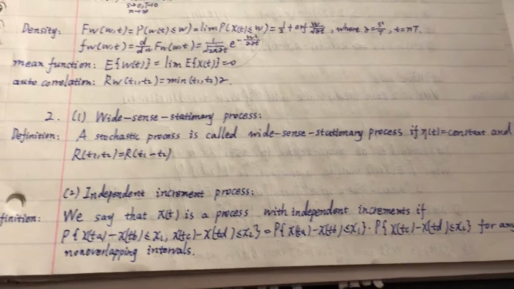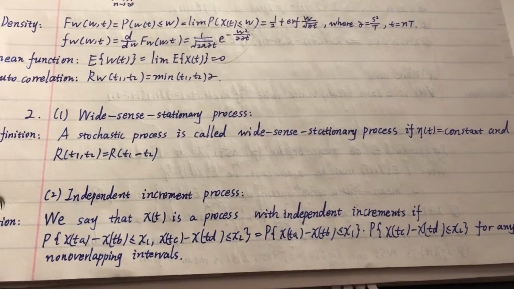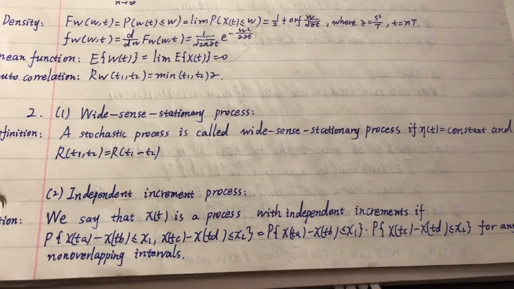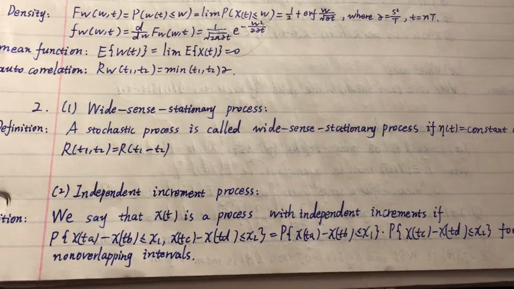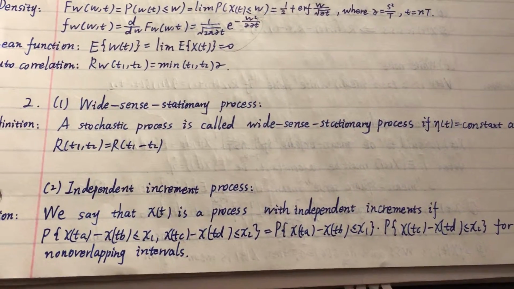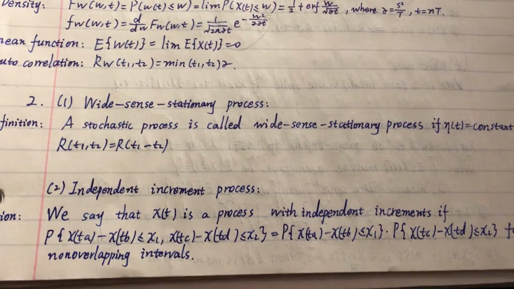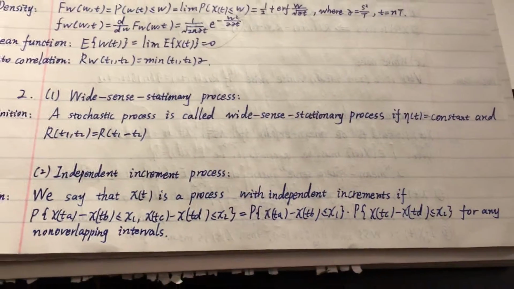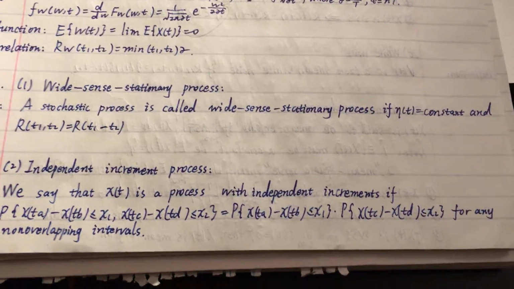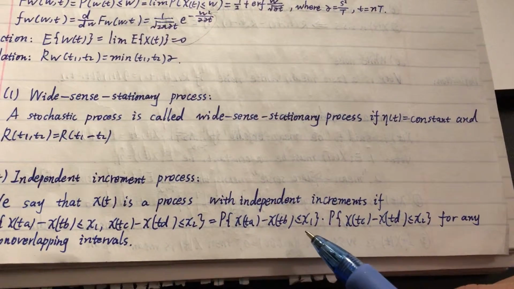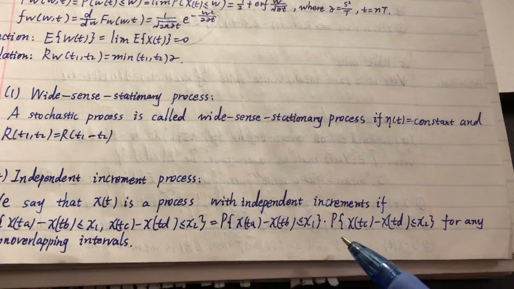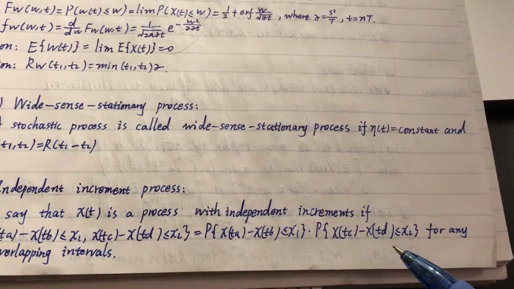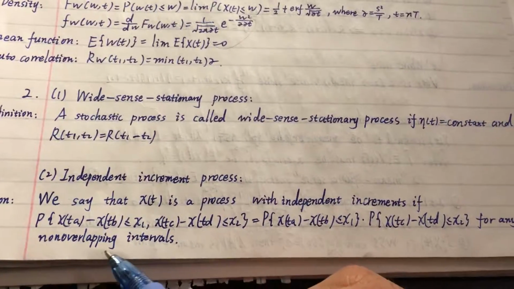And the definition is that we say that x(t) is a process with independent increments if the probability that x(ta) minus x(tb) is smaller than or equal to x1, and x(tc) minus x(td) is smaller than or equal to x2, equals the probability of x(ta) minus x(tb) is smaller than or equal to x1, times the probability of x(tc) minus x(td) is smaller than or equal to x2, for any non-overlapping